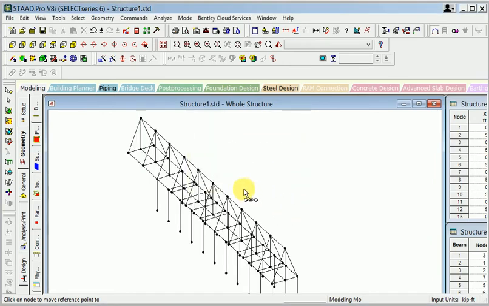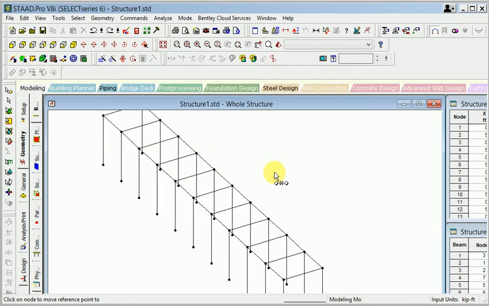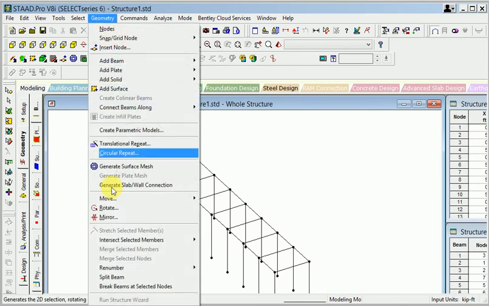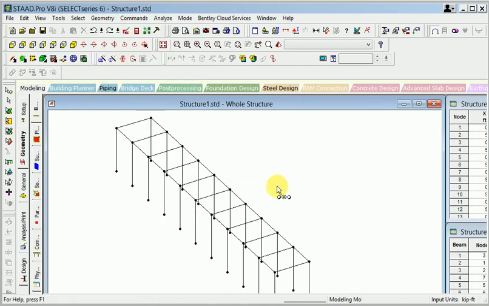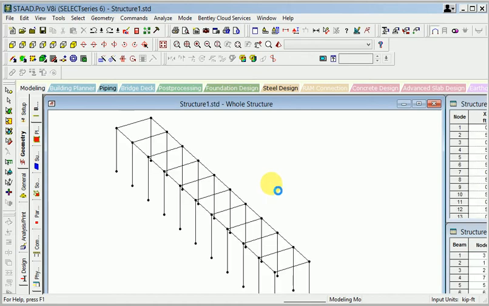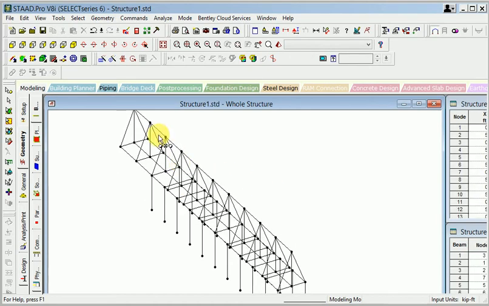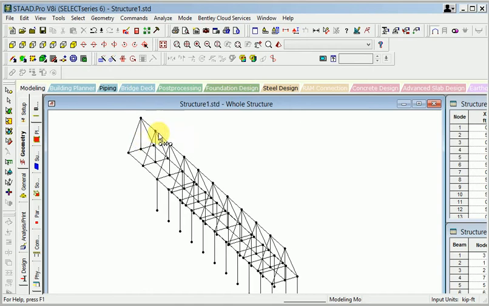So you can see that if you want to delete this member, I select it and go to top view.